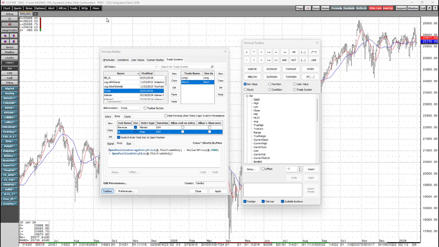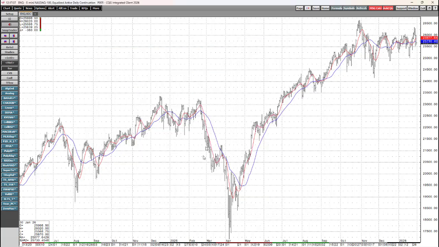That completes building our trading system using the moving average crossover rules. Next, we'll click and add this to the toolbar button. And you can see it here, cross. So let's close these windows. And one of the really great things about CQG is a trading system is treated like a study on the chart. So if we just click cross,